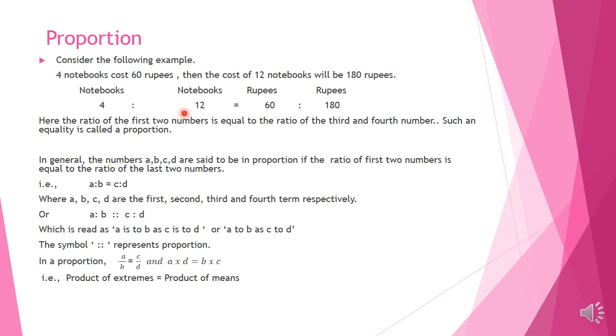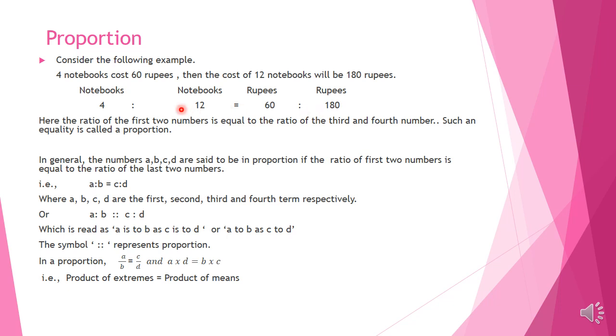So taking these 4 numbers or these 2 ratios, we can make one proportion. You see children, here 4/12. When you make the ratio, we get 4/12 and simplified form is 1/3. 4 in 12 goes 3 times, so we get 1/3. And the second ratio is 60/180. Those zeros get cancelled and you have 6 upside and 18 downside. 6 in 18 goes 3 times, so we get again 1/3.